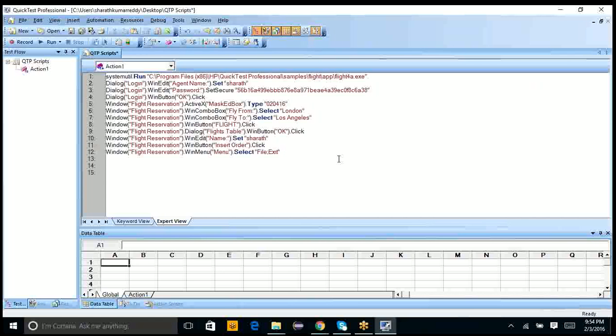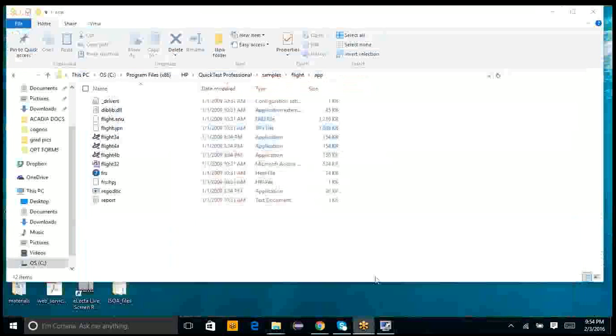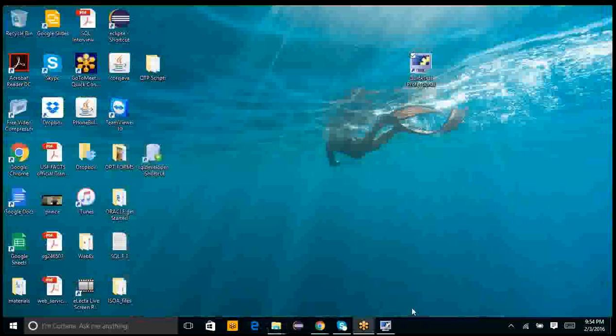That means you have to open a new test script and start recording from the login functionality, like entering agent name, password, and entering the flight details, like flight from, flight to, and open an existing order, update it and delete it.